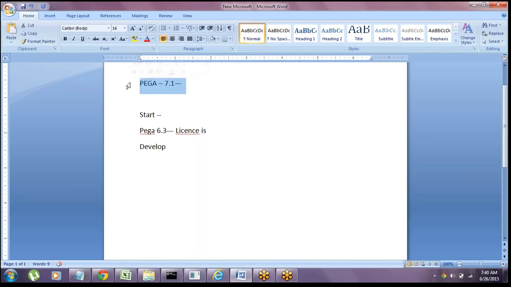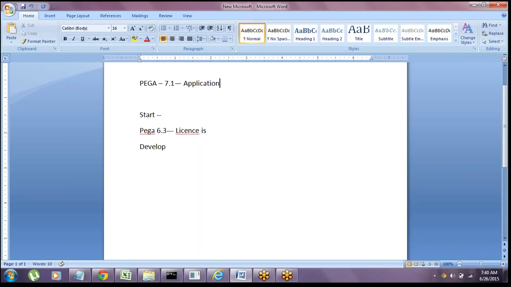Coming to the overview of Pega, its history, its main purpose and goal, and in which cases we'll use Pega. Actually it is not any language or any technology.